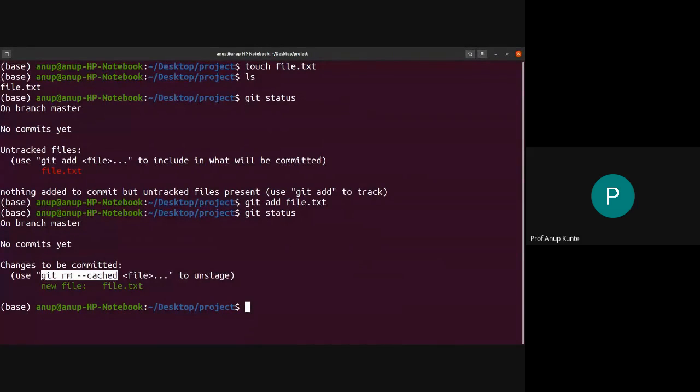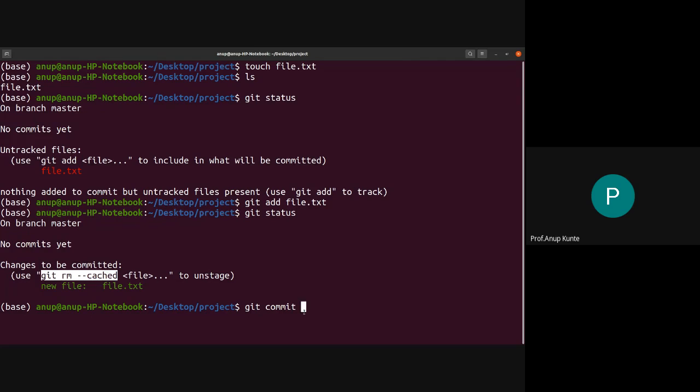ओके, सो currently I do not want to अनट्रैक दिस फाइल. मुझे इस फाइल का ट्रैकिंग चाहिए. ये फाइल में कैसे चेंजेस होते हैं ये मुझे नोट करने हैं. तो मैं क्या करूंगा? आई नीड टू क्रिएट अ कमिट. सो फॉर दैट आई विल बी डूइंग git commit. और हर बार जब आप कुछ कमिट करते हो गिट में, यू आर सपोज्ड टू